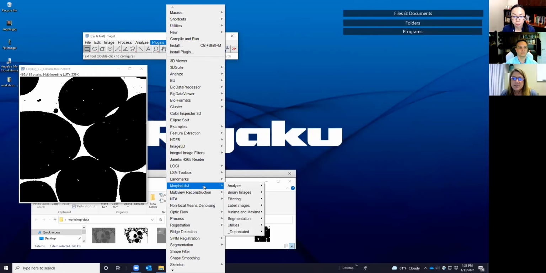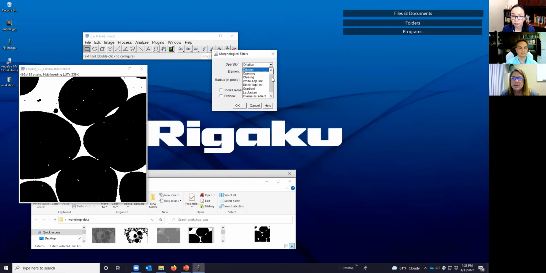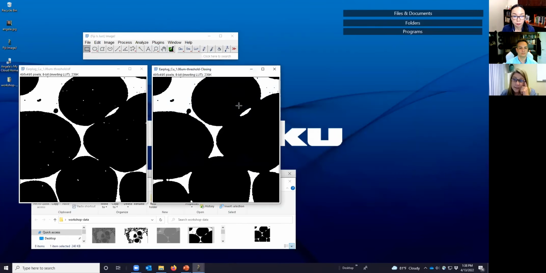So we go to plugins and filtering, morphological filters, and let's look at closing first. With our disc-shaped element, we'll change it to 3 so we can see a dramatic effect and say, okay. So in this case, we're still left with our false positives, but the holes are gone. One of the other things is that the connections are slightly larger because remember, we're doing that dilation first, and we also create connections between these others, but the shape is more consistent in size than was the dilation by